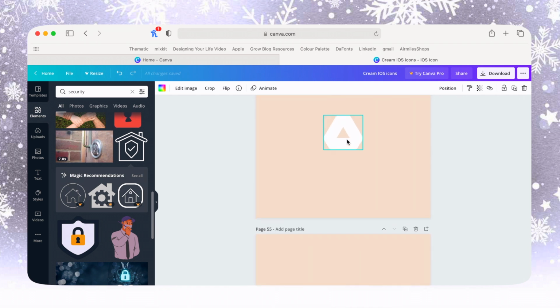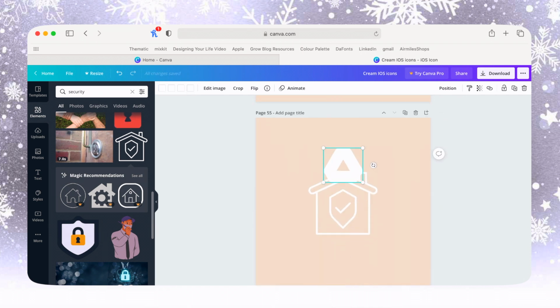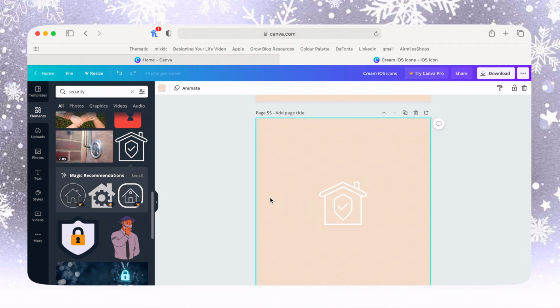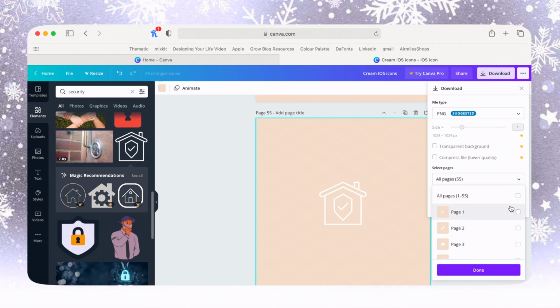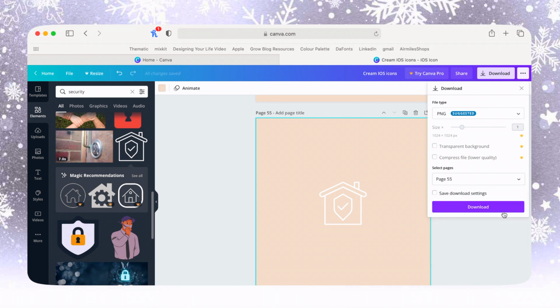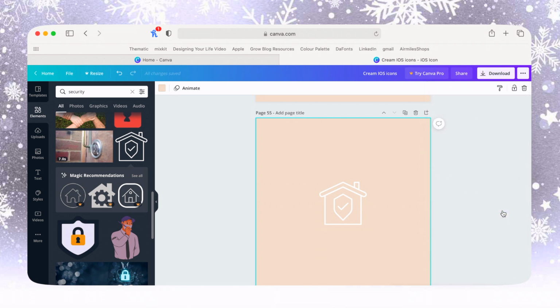And then as well, I'm just gonna copy and paste this one into here just so that I can get a sense of the sizing so that it's not so different. And center it, perfect. So I can delete that. And then there you have it. There I got my new app icon that I'm gonna use. So all I have to do is download it. Now instead of downloading all 55, I'm just gonna choose the one that I want, download it, and then send it to my iPhone. Perfect.